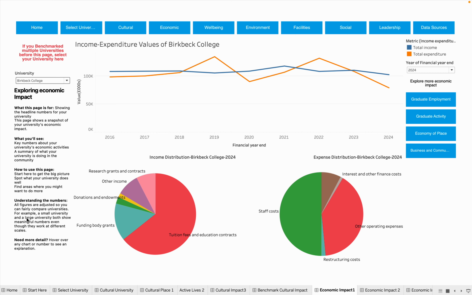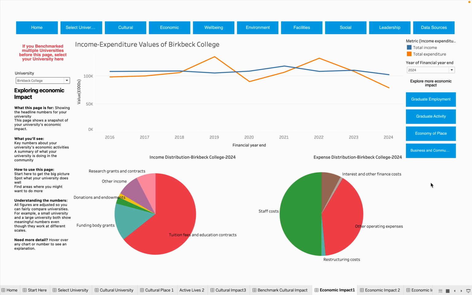What we're looking at here is some analysis on income and expenditure values for Birkbeck College. I can see the legend of the metric I'm looking at here for this graph. And on the right, we see some additional navigation. So this navigation, if it's on the right vertical, shows you the navigation within the domain. So this tells me that within the economic impact domain, I have graduate employment, graduate activity, economy of place, and